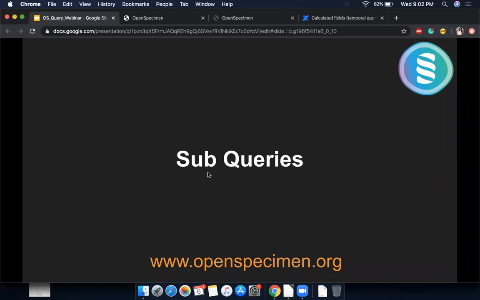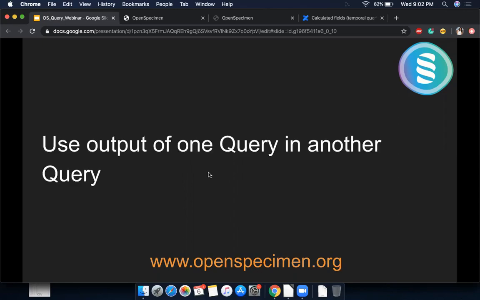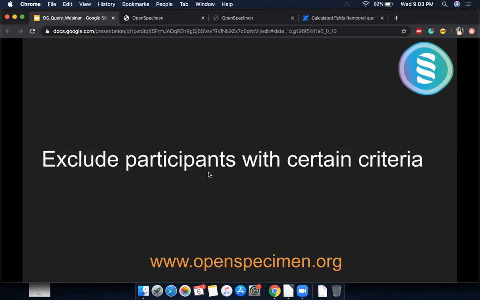Next we'll see subqueries. Again, this is also a recent feature, added about a couple of versions before. This was mainly done for a client where they have very complicated use cases. The use of this is, if you want to get the results of one query and use it as an input for another query, then you use a subquery. Okay, so let's see some examples. It will be more clear with that.